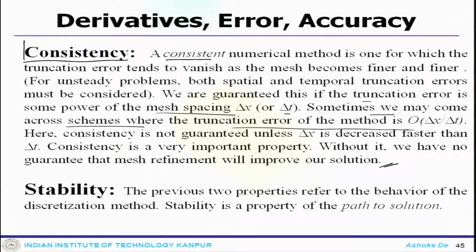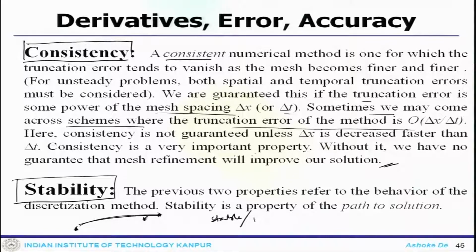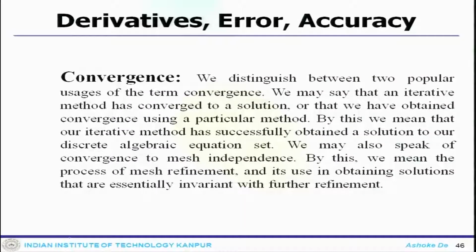So, accuracy, then consistency of the solution, then the stability, that we already came across with that example, that is the path of the solution. If I want the solution from here to there, the path of the solution, whether it is stable or unstable. So, your numerical scheme must be stable enough to get you a solution.